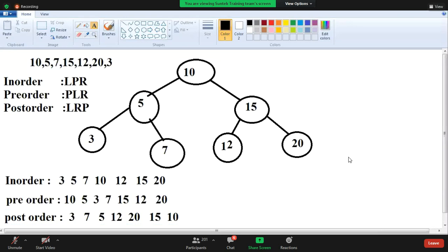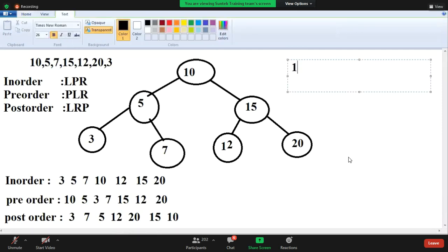Write this diagram, guys, and I will also give some numbers for the remaining exercise: 15, 10, 25, 31, 12, 7, 60.